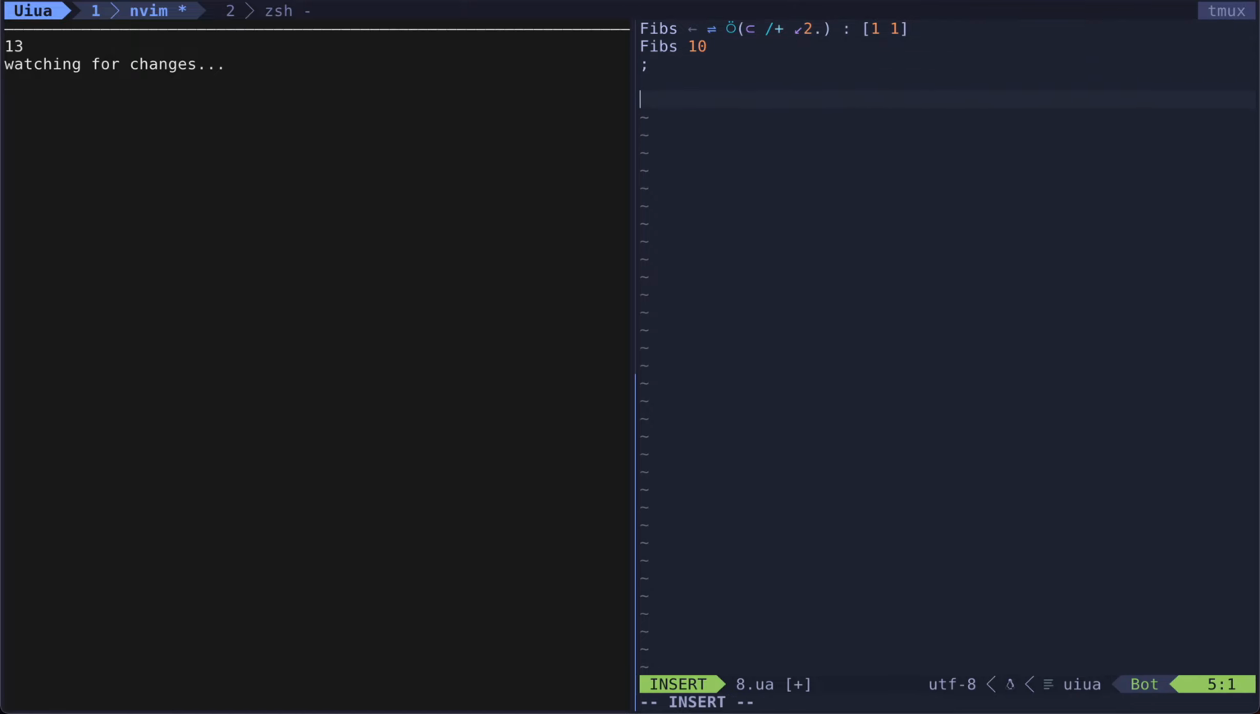Okay, one thing that we can do, which is I'm going to do this. It's a little bit of a diversion. Okay, so I'm going to say I've done fibs 10, and that gives me 12 things, right? So let's say I want to